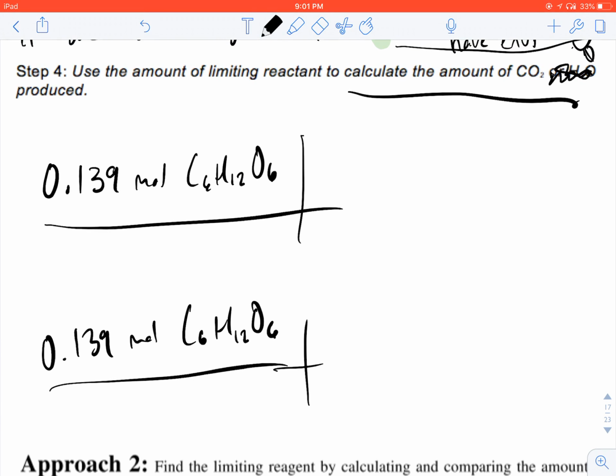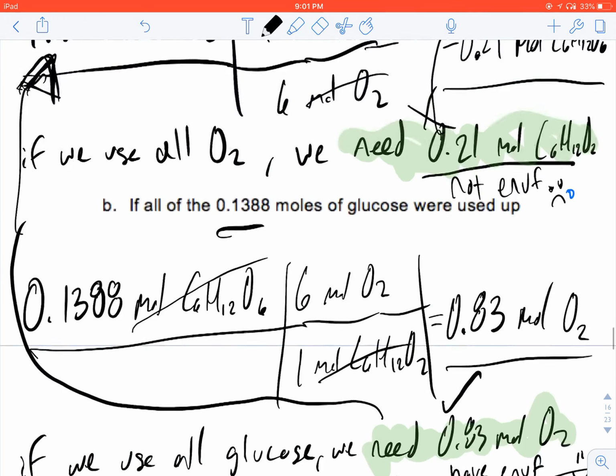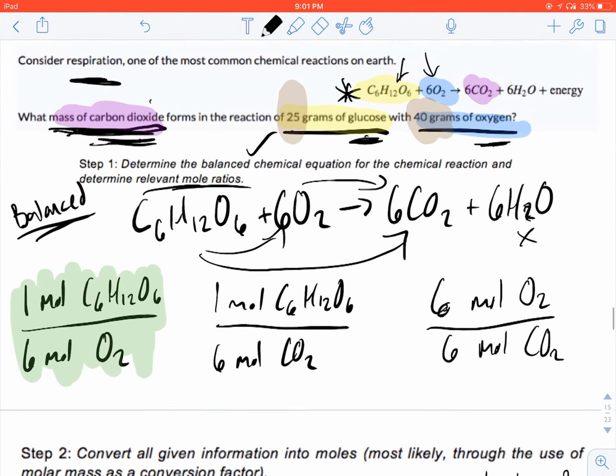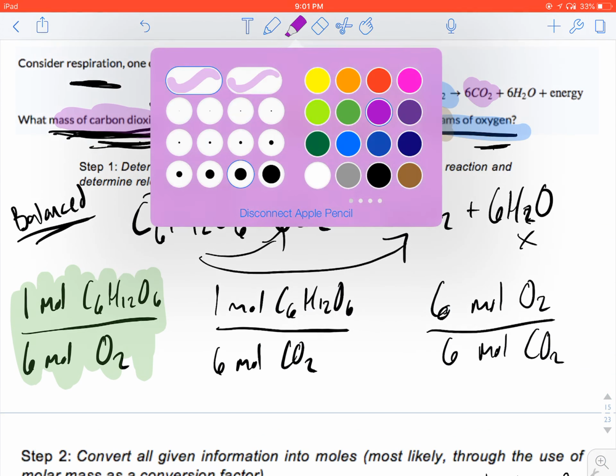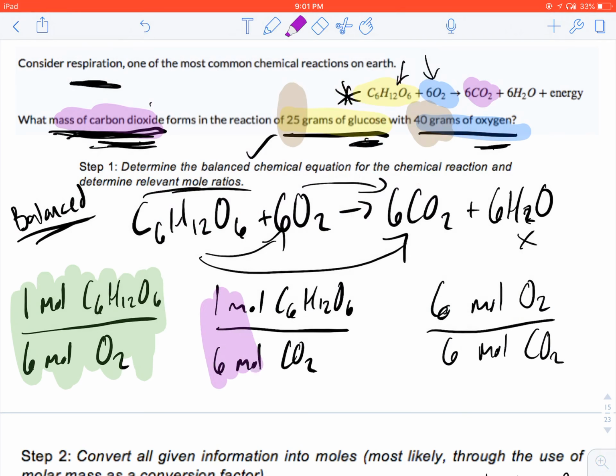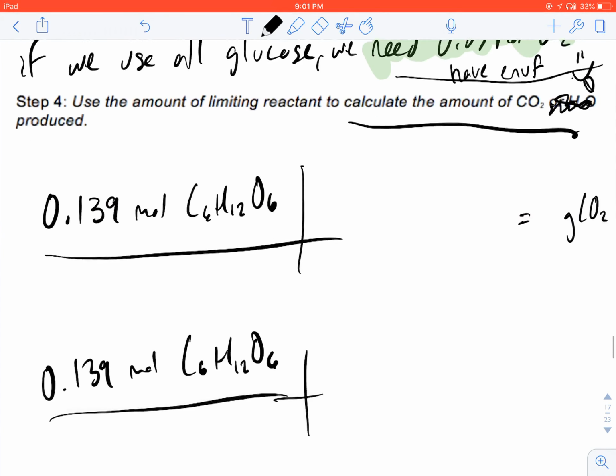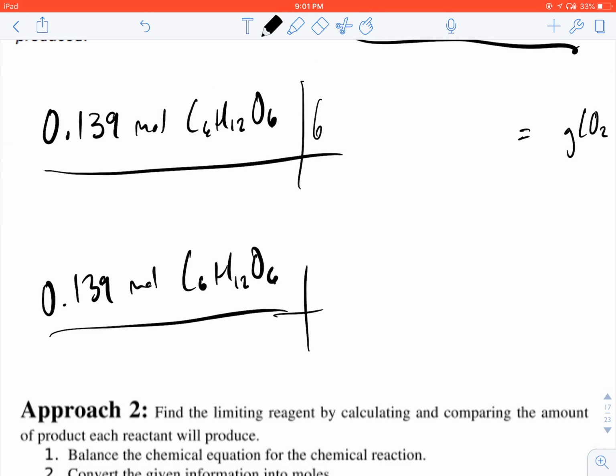Anyways, so first thing to do to get towards grams of carbon dioxide is to convert to moles of carbon dioxide. We do that by using a mole ratio. Which mole ratio? Well, I'm thinking this one. So let's use that here. 6 moles CO2, 1 mole glucose,